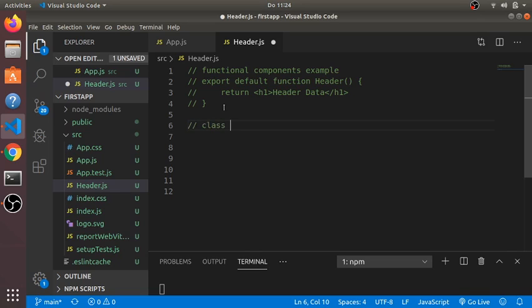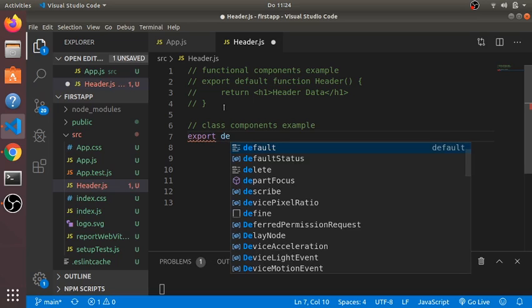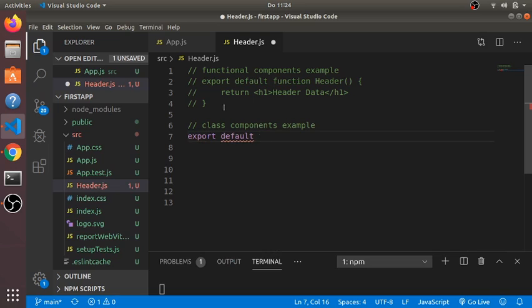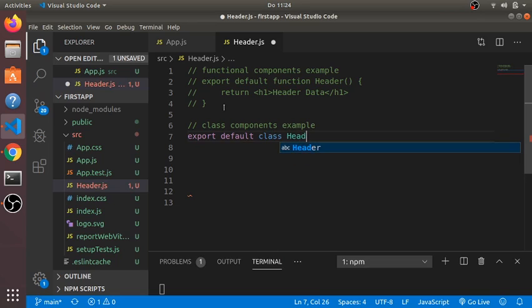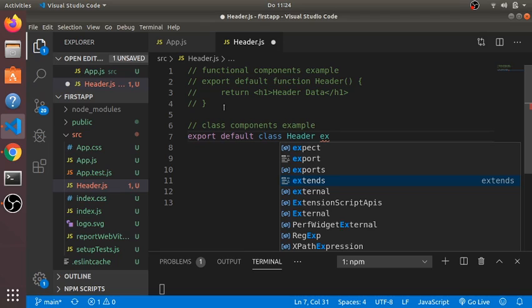So for the class component example, we write export default function Header, I will write the same name. This is the functional component that we wrote, but for a class component it should be totally different. Export default class, the name is Header, and it should extend